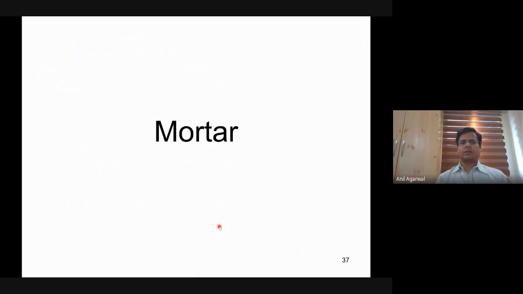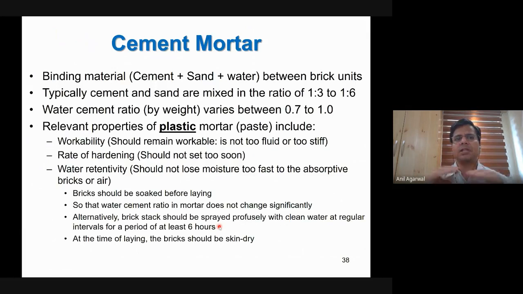So today we will start with the discussion on mortar, right? So what is mortar? Basically mortar is just the binding material that is placed between the layers of bricks. If you have seen any brickwork, the brickwork always is done in layers, right? So you do one layer of bricks, then a layer of mortar, then another layer of bricks, and between the bricks there are vertical planes, and in those vertical planes also you fill mortar. That mortar is typically made of cement, sand, and water. These are the three obvious constituents of mortar.